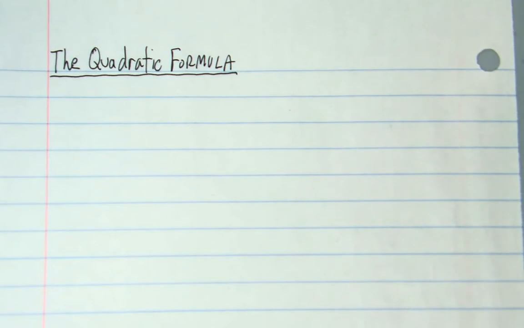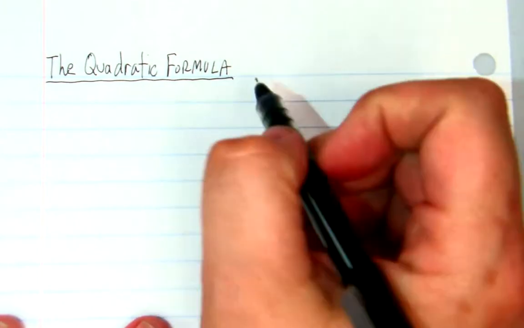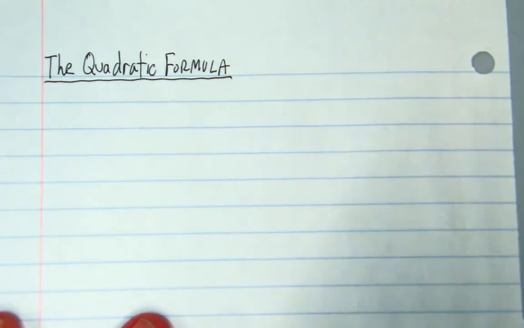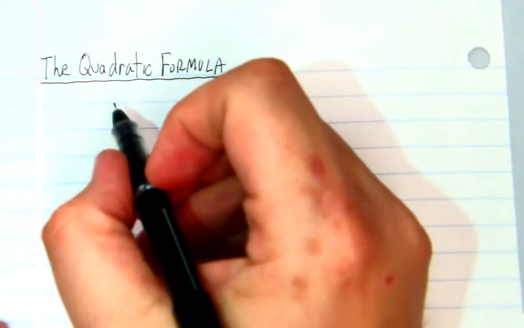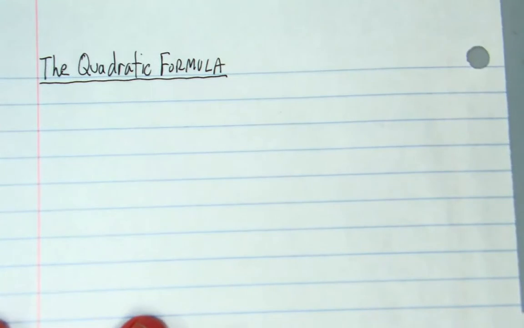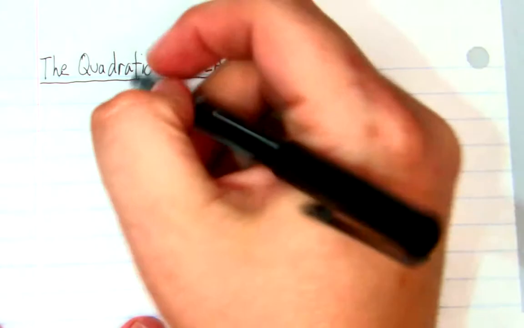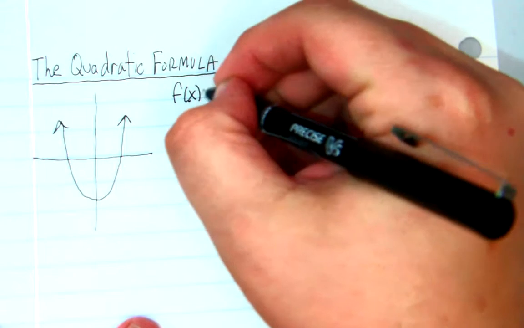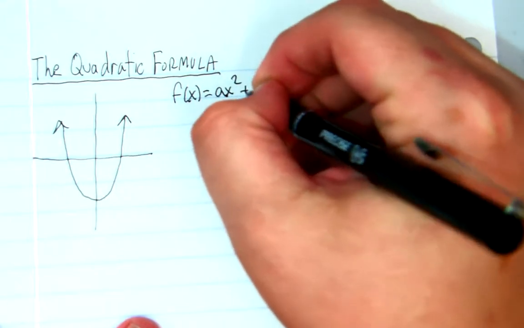Hi everybody. Today we're going to talk about the quadratic formula. We've been doing this in class for the last couple days, and we're going to be having a quiz on this pretty soon. But the quadratic formula is just another way that if we look at the parabola of a quadratic function, say f of x is equal to ax squared plus bx plus c,